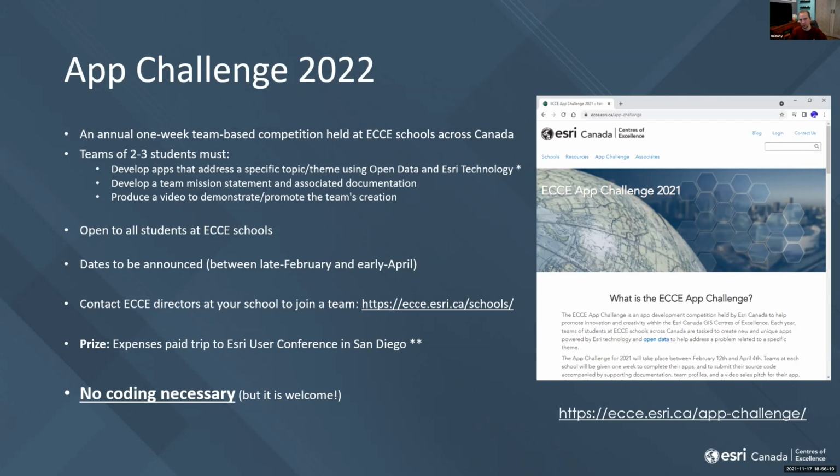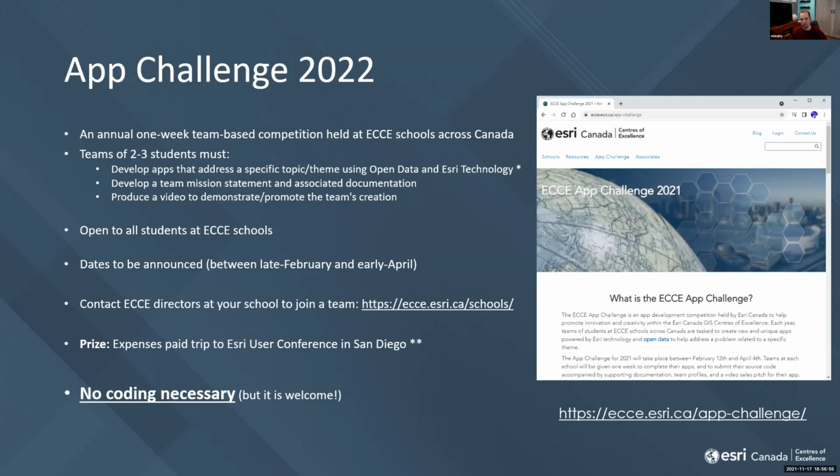So in this challenge, your team will be asked to develop an application that addresses a specific topic. That could be usually something fairly broad like climate change or sustainable transportation. And you need to use open data in combination with Esri's ArcGIS technology. You can mix that with other components that complement Esri technology in a variety of ways, but central to your application, there should be some key Esri components from ArcGIS.